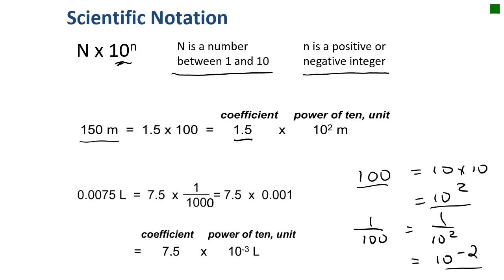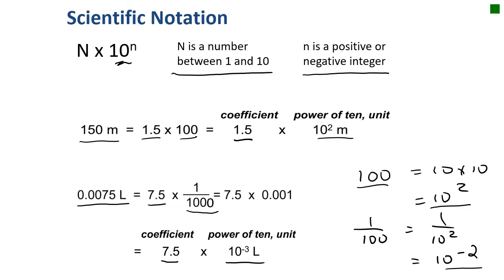So if we have 150 meters, it is going to be the coefficient 1.5 multiplied by 100, which is 10 squared. If we have 0.0075 liters, we're going to have 7.5, divided by 1,000,